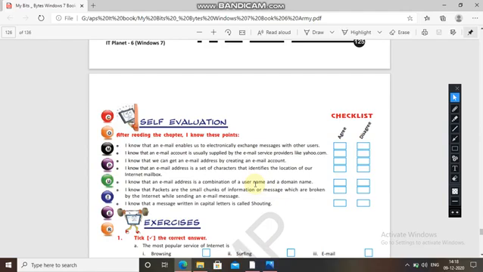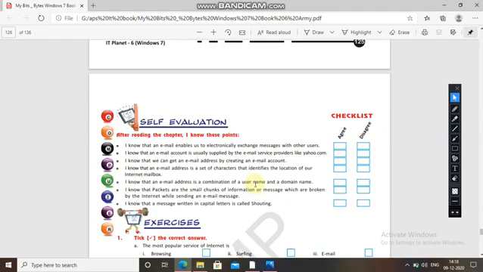I know that an email address is a set of characters that identify the location of your internet mailbox. I know that an email address is a combination of username and domain name. Okay, and it is separated by what? @, and dot periods for company's name, com, org, in.